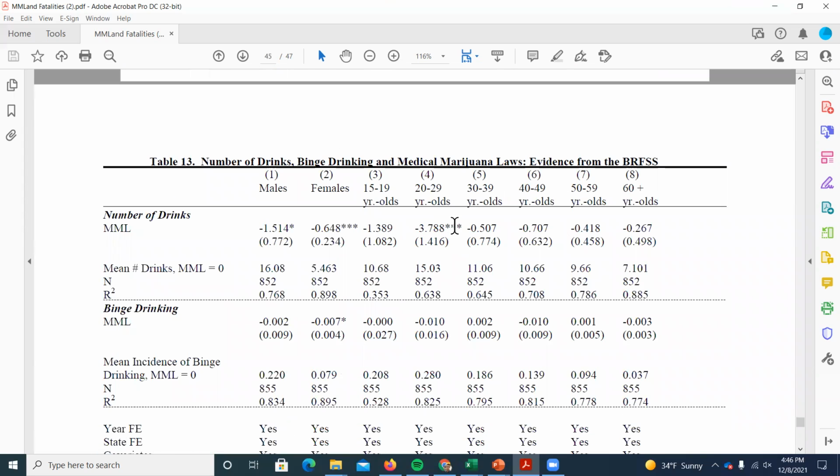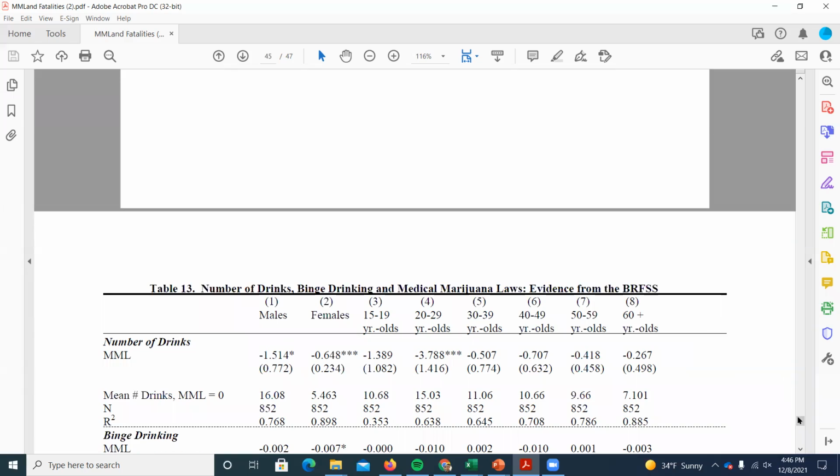Anytime I see 3 stars, that represents that for that coefficient, I could reject the null at the 99% confidence level. 2 stars, I could reject it at the 95% confidence level. 1 star, I could reject it only at the 90%. Okay? So I'm really looking for stars when I want to see, is there a significant effect? Can I reject the null for these different values? So if we go back,